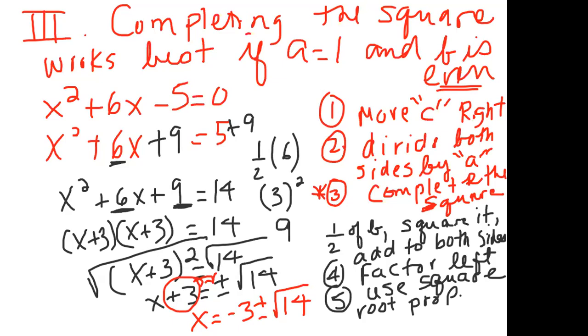The goal is to solve it. How you solve it really doesn't matter. It will produce the exact same answer. Of course, there are certain quadratics which you cannot factor, so you can't use the factoring method if it's not factorable, okay? So guys, I'm going to do one more like this, and I will move on to the quadratic formula,